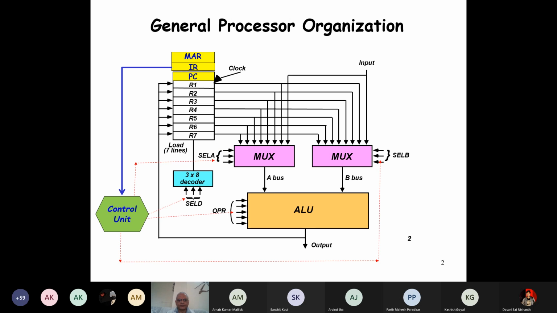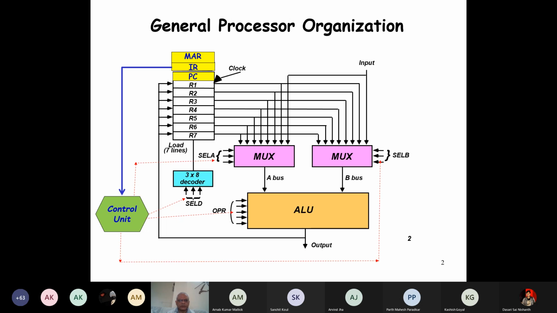Let's look at this diagram. This gives a general overview of the organization of a processor. We have been discussing without this diagram. This diagram is not there in the book, but then the questions that you asked and also the mails I received, I thought that we must have this understanding of a processor to be able to understand what we are really saying.